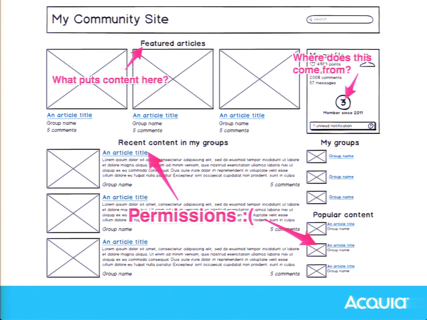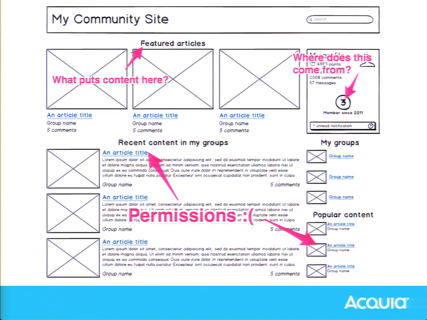But you might have a complex workflow behind that. You might have an approval process that has to happen. So it may not be as simple as just saying, if a piece of content has this flag, put it in the block. So again, your use case might alter this particular instance.